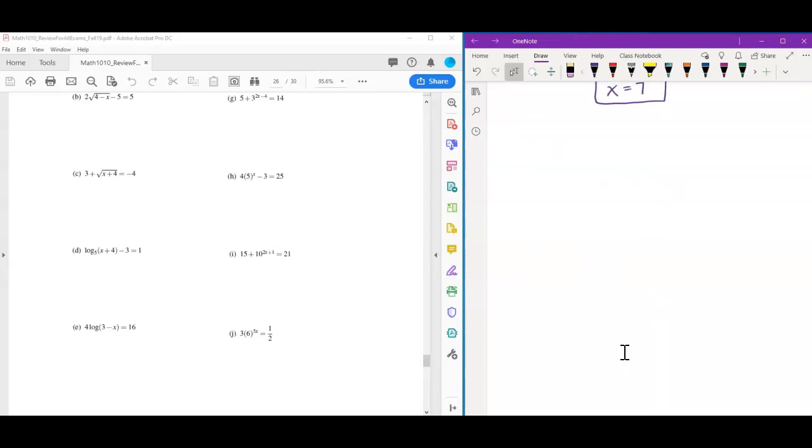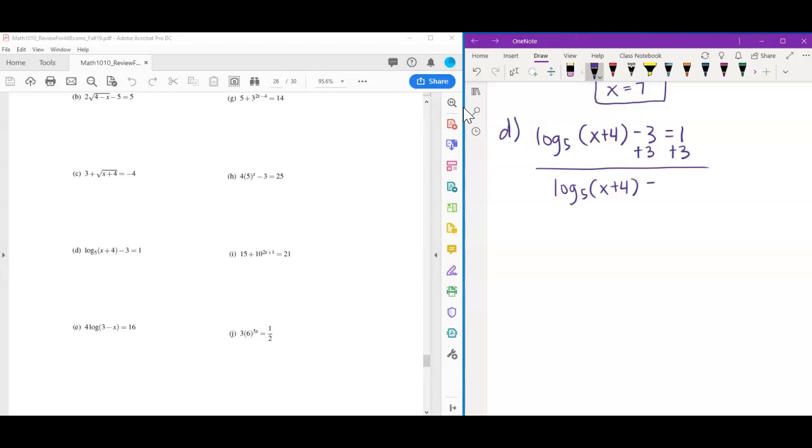So let's do d. Log base 5 of x plus 4 minus 3 equals 1. So again, just like we did on the one before, we've got to get the part that we're trying to solve for by itself. So I've got to get this log part by itself. So I'm going to add 3 over to the other side, which gives me log base 5 of x plus